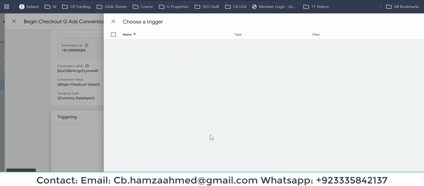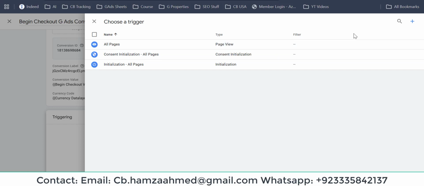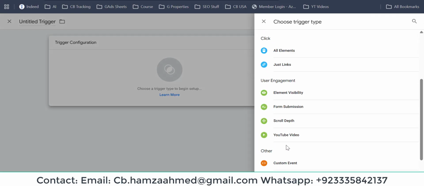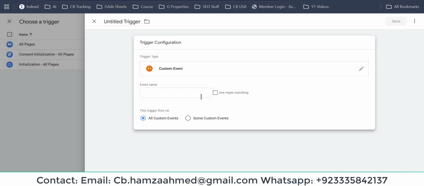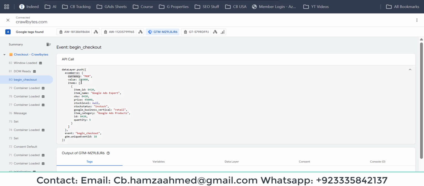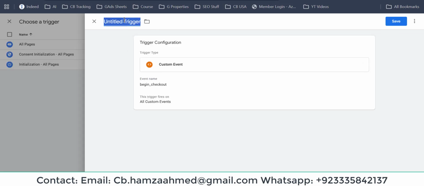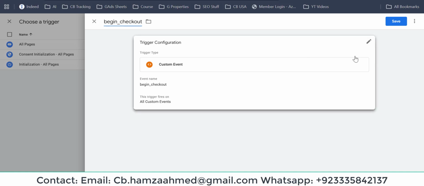In the triggering, just click on that and click on the plus button and click on trigger configuration and go to custom event. In that, the event name we can select is begin checkout. This is our event name. Just copy this and paste it there, begin checkout. Just save it,